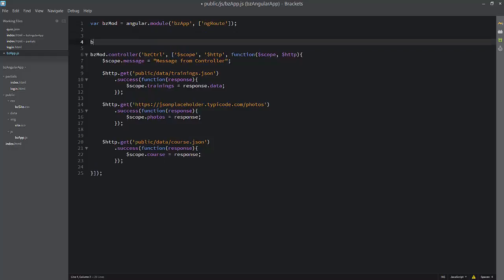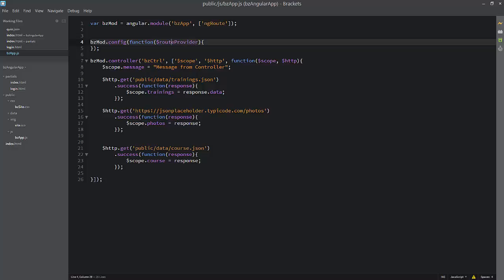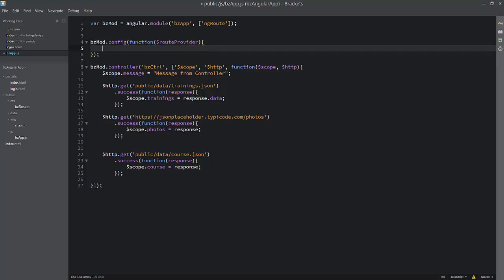Third change that we are going to put over here is we have to configure our module. So we say bzmod.config. The configuration that we have to do here will happen in this way. We have to put the function over here to configure, if I'm not wrong. Yeah, so this is how we will do it, and in this we will put routeProvider. So that is what we are going to do over here, and in this routeProvider we will say routeProvider